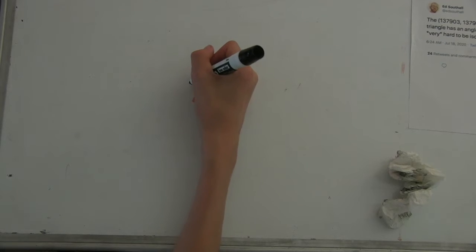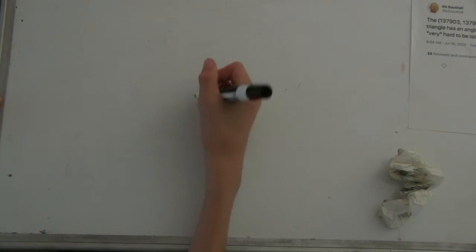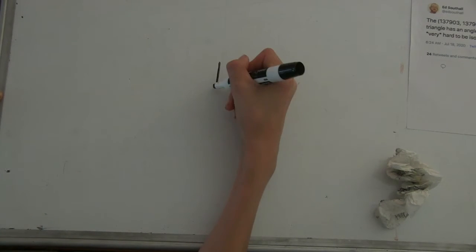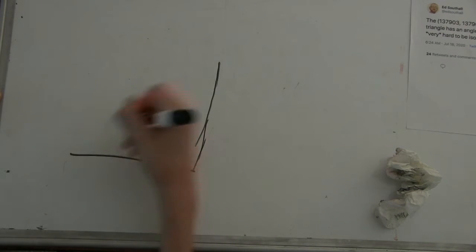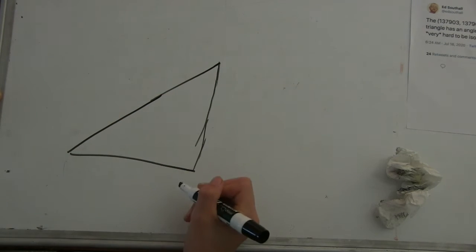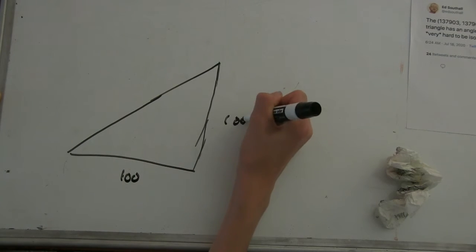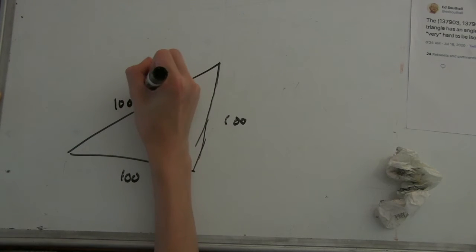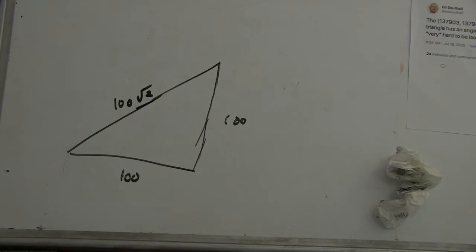Here you can write. So maybe taking the 1, 1, √2 triangle and multiplying the side lengths by 100. Okay. Make something like this. And then, I don't know if we could calculate what 100√2 is, but I guess we wouldn't really need to do that